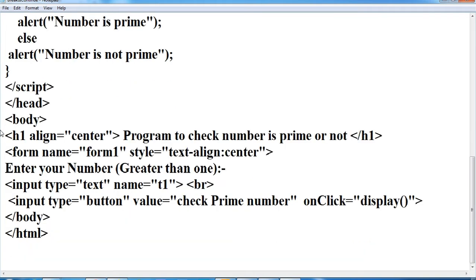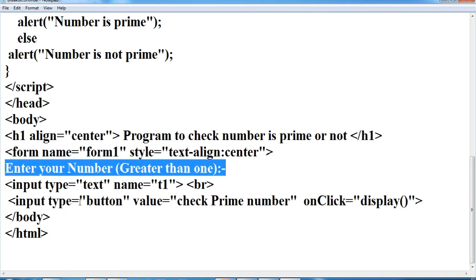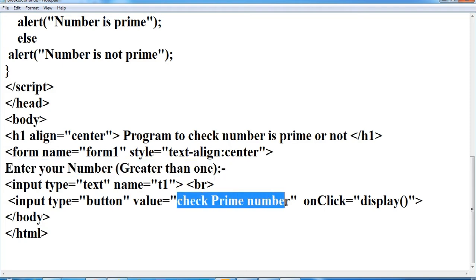So this is the program I have made for entering a number, and it will check whether the number is a prime number or not.